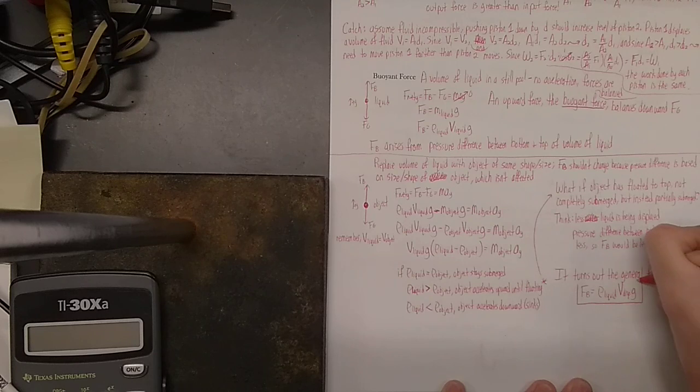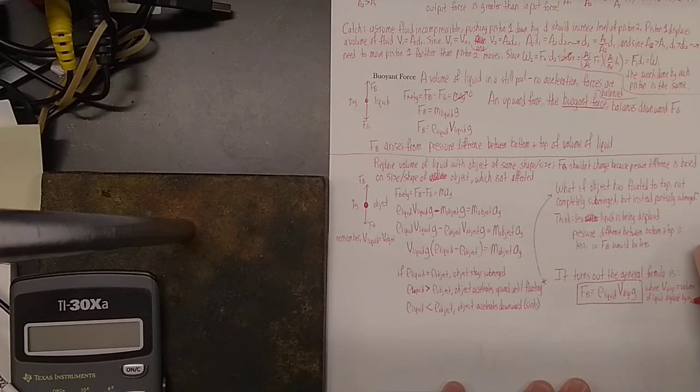That's the equation we're going to go with in general for the buoyant force. V displaced is the volume of the liquid displaced